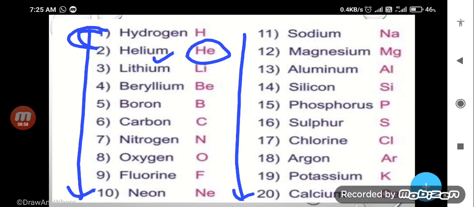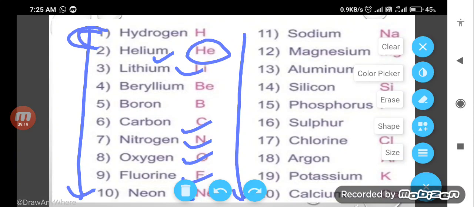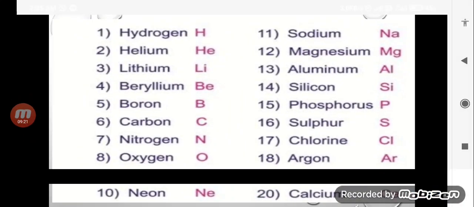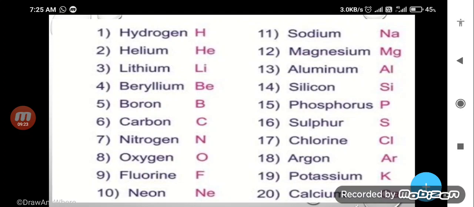Third one is lithium, Li, beryllium, Be, boron, B, carbon, C, nitrogen, N, oxygen, O, fluorine, F, and neon, Ne. Similarly, Ne must be written with a small e. Here you can see the case of nitrogen, neon, and